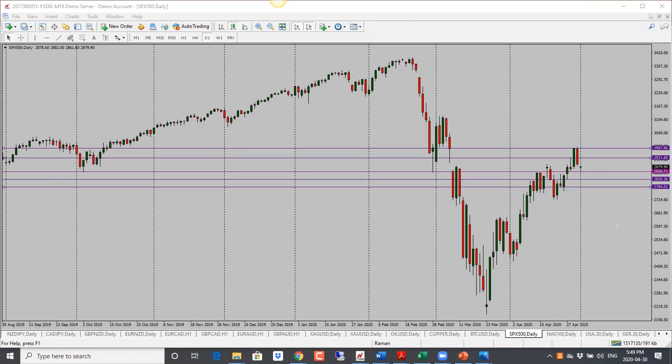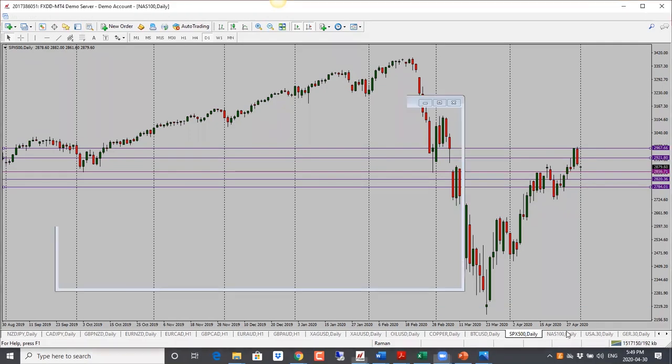Now, though, we are seeing a bit of a reversal here. Not sure if you're looking for a move back down all the way, but I'm definitely looking for a bit of a drop here. So potential pullback into 89.20. And then first target here is 28.50. And then the second here is 28.20 and potentially into 27.80. So bearish bias here for S&P 500.